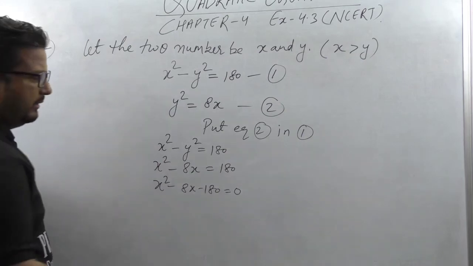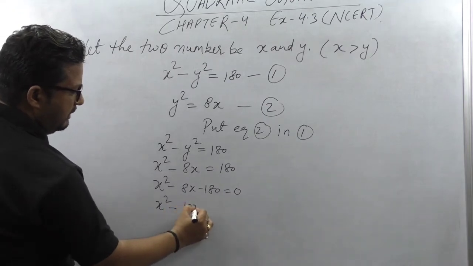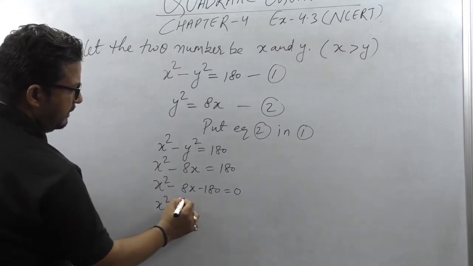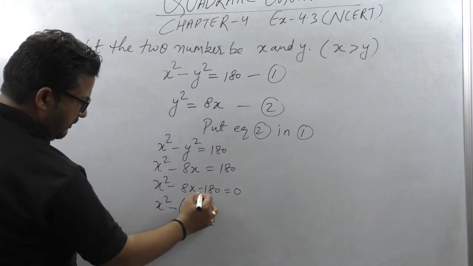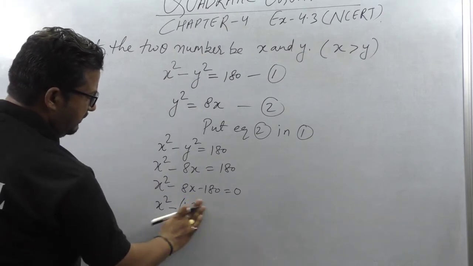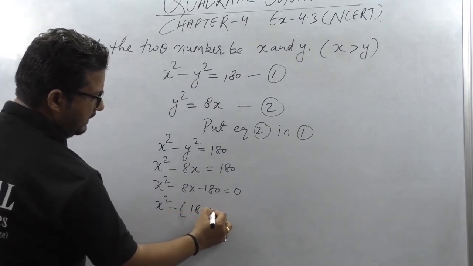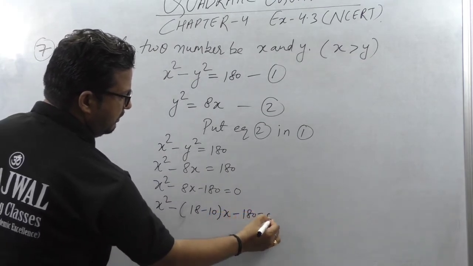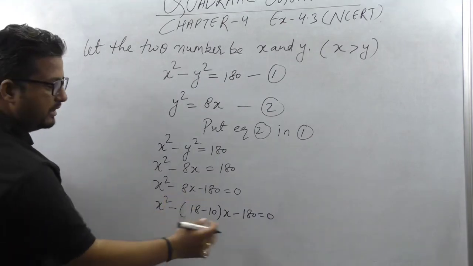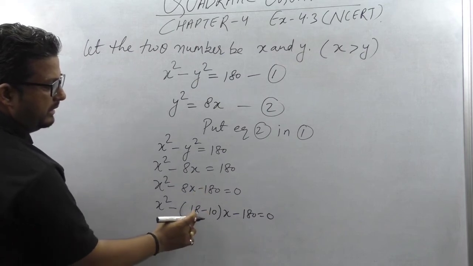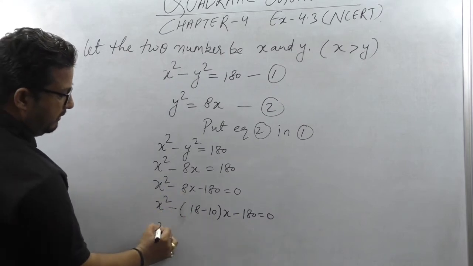अब आपको क्या करना है, इसके फैक्टर करने हैं. तो फैक्टर आपको मालूम है, सिंपली मैं डायरेक्ट कर रहा हूँ तो कर सकते हैं 180. तो ये एक्चुअली जाएगा कितना 10 इंटू 18, बिकॉज नेगेटिव साइन वी कैन राइट लाइक दिस 18 minus 10x 180 is equal to 0, because this minus sign is helping us to understand why we have to put this in the middle term, we have to break in the subtraction form. ठीक है, इस माइनस साइन से हमें पता लग जाता है. तो आपको मालूम है कि 18 10 जाओ कितना होता है 180 होता है. और आपको मालूम है 18 में 10 जाएगा कितना बचेगा 8।